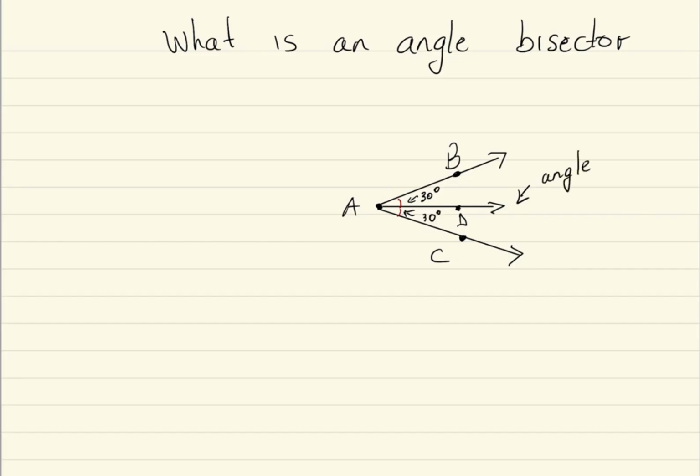So this right here is the angle bisector. Again, because it divides this angle, you could call it in total a 90-degree angle, into two congruent or equal